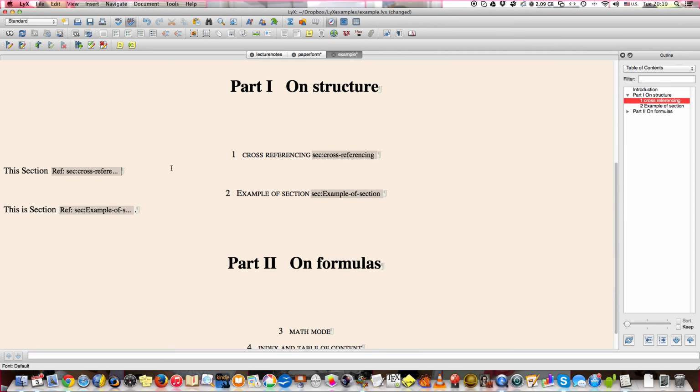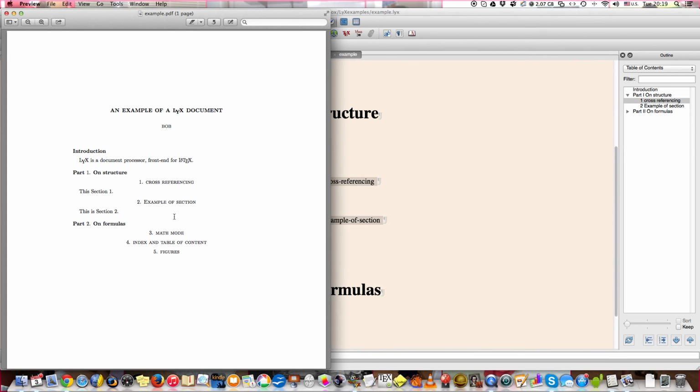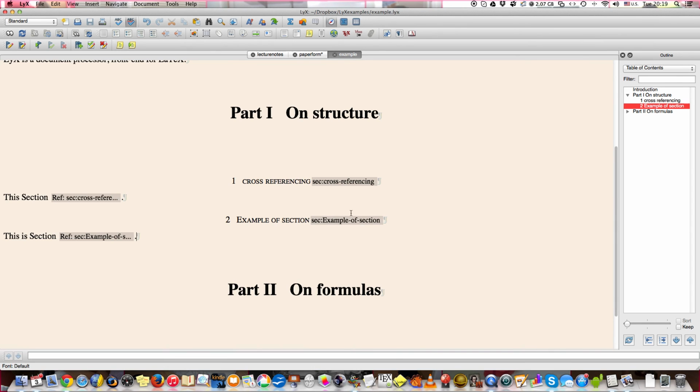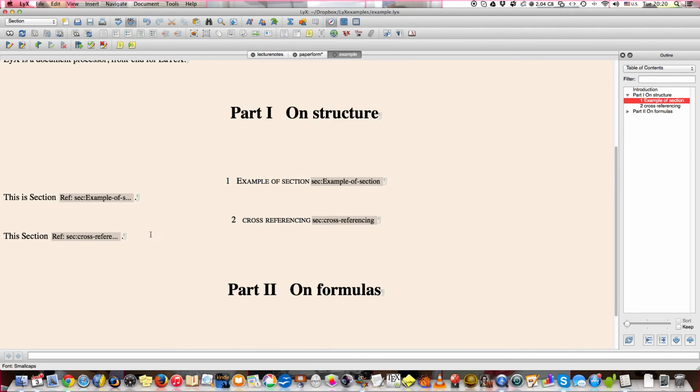Okay, so now you might say, well, that doesn't change anything for what we see, but then if I look at the corresponding document, so I generate the document, and you see that I have, this is section 1 and this is section 2, and if I exchange my sections, then of course I have exchanged the section, they change number, but I still have section 1 and section 2 in the proper place. Now this cross-referencing can be a reference to a section, a page, a theorem, a formula,